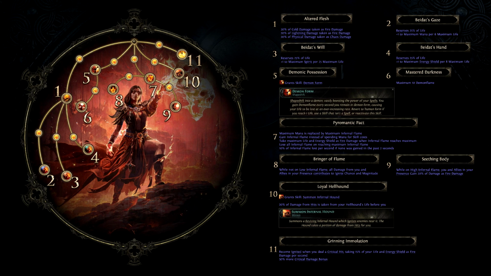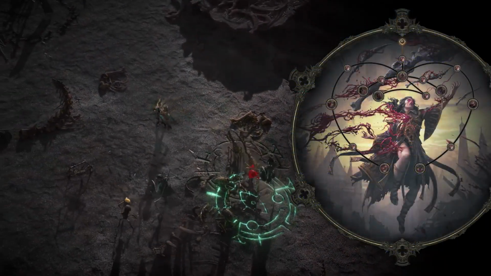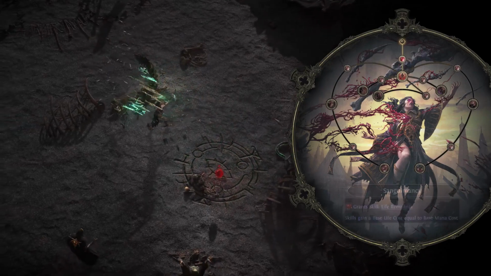Seething Body gives you 20% bonus damage as fire damage for you and all allies, including minions of course, but only if your Infernal Flame gauge is in its high status. And then Grinning Immolation makes you put yourself on fire when you deal a critical hit, which is 15% of life and energy shield as fire damage to you per second, but gives you 30% more crit damage bonus just for existing in general. Then the other option for Witch then is the Blood Mage,